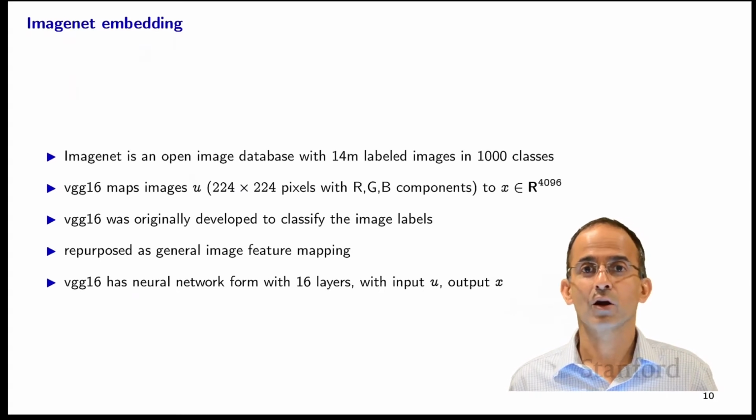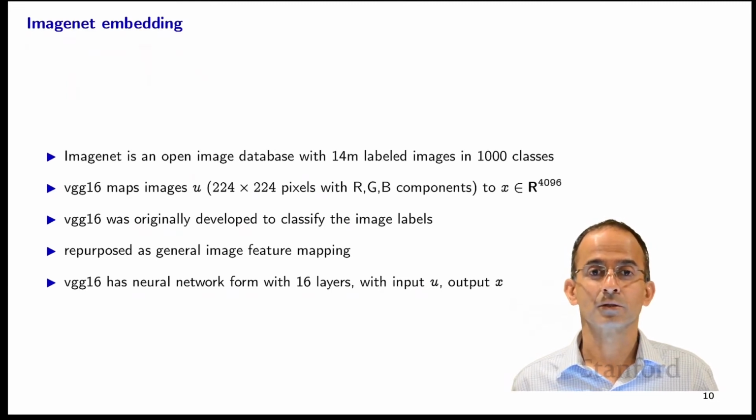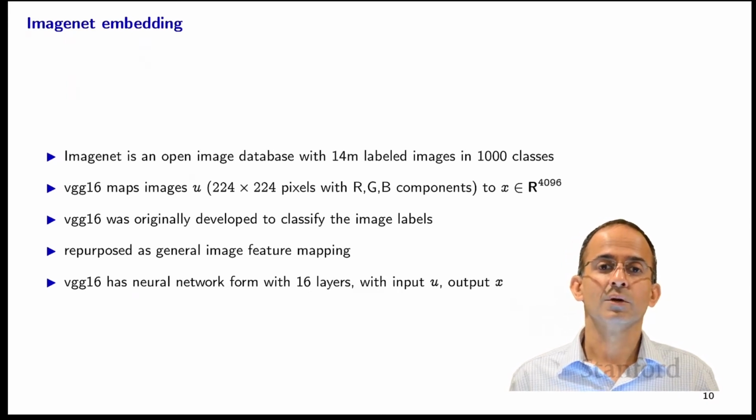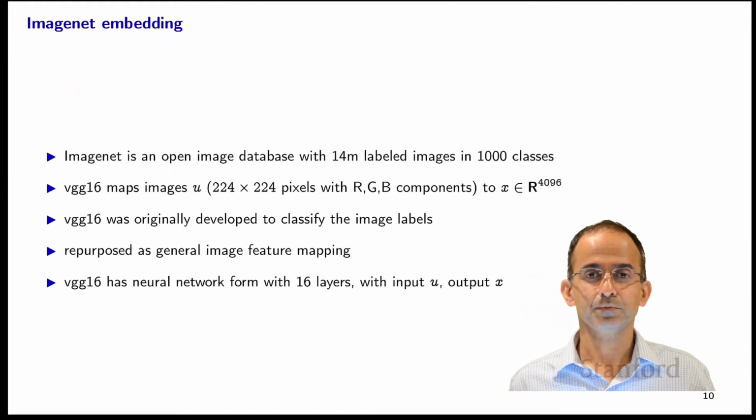They're color, so they have RGB components, and that is some 150, 160 odd thousand components of each image. We have 3 numbers per pixel. And so we're going from what we might think of as a vector in 160,000 dimensions, and we're mapping it down to a vector in